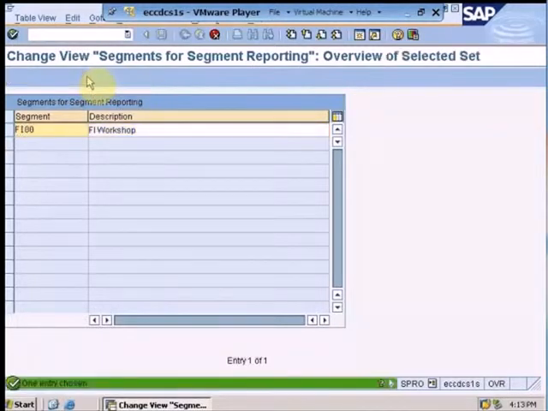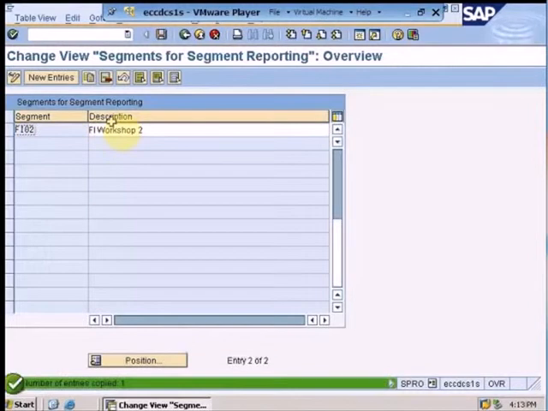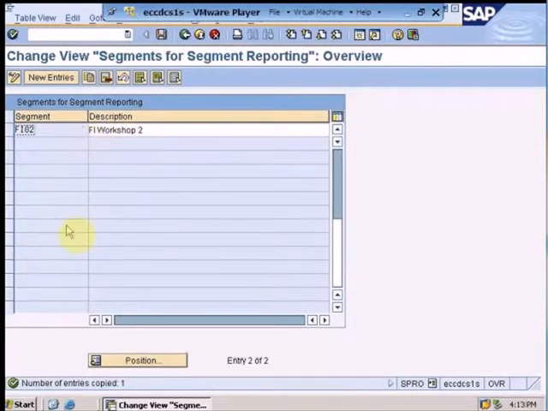I just click over here and I just have to change the name for it, and our segment will get copied. Once I have put in all the description and the 4-digit identification key for the segment, I just have to press enter and the data will get copied. As you can see from the information, number of entries copied are 1. Once the entries are copied, I just have to click save and the tables will get updated, and we have created a new segment as well.